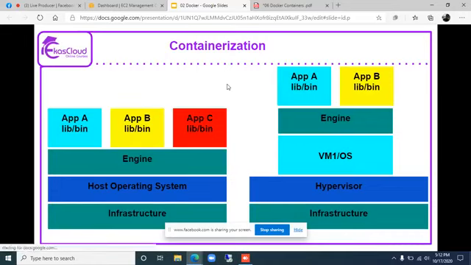But now, since we have this containerization technology, there are a few advantages. In a single host operating system with the help of engine, we are able to create multiple applications in an isolated way, so we are saving the purchase of multiple operating system licenses or subscriptions.